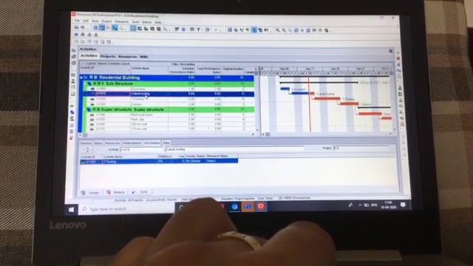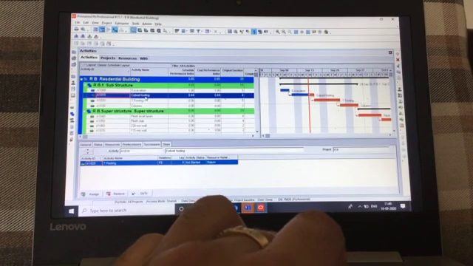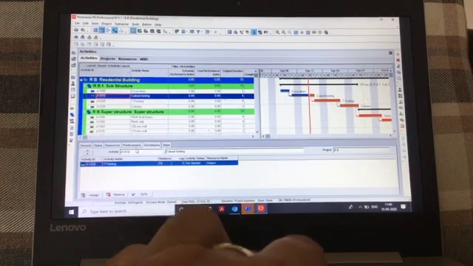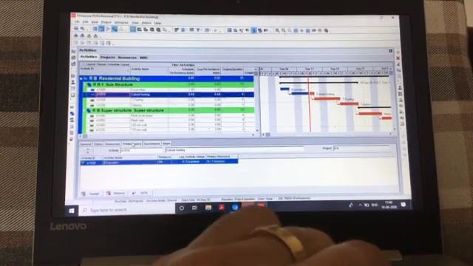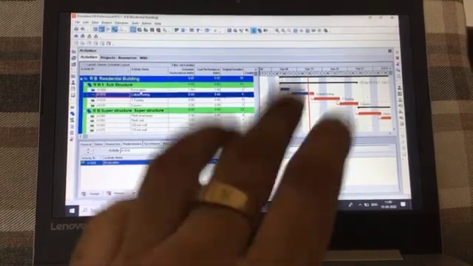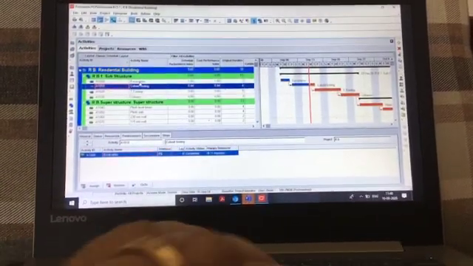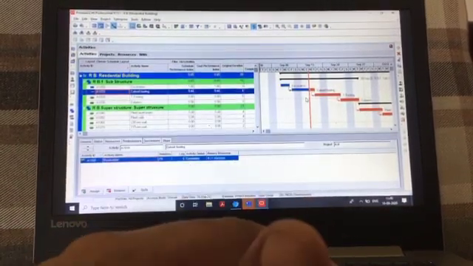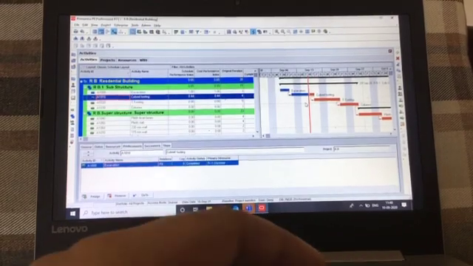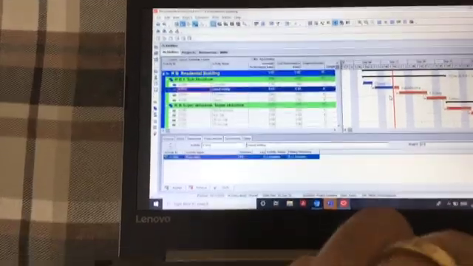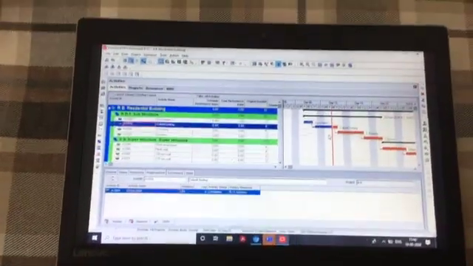And let me tell you something about activities that I learned. Like this activity, cuboid footing. If we see its predecessor, it is excavation. This is quite a simple Gantt chart, because one activity comes after another. There are no two activities dependent on one or vice versa. So this is a relatively simple project.